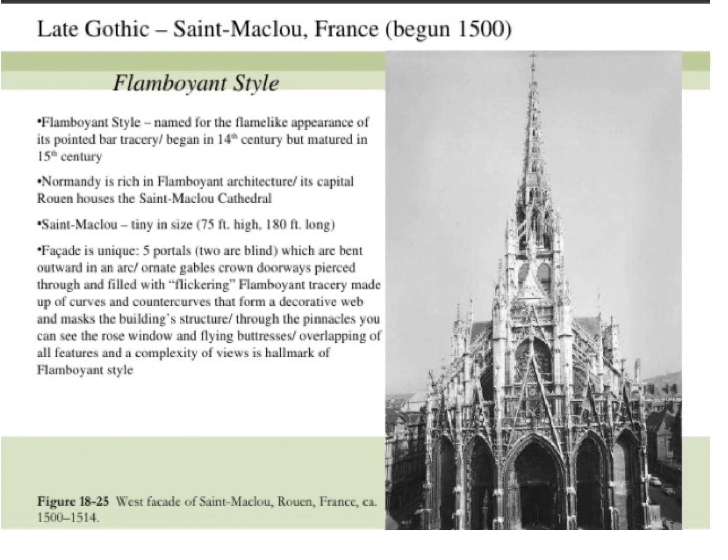All right, we are finally at the late Gothic. This is a church done in the late Gothic style from St. Maclou, France. It was begun in 1500, and so this is an important point. By 1500, Michelangelo was creating art in Italy, meaning that in Italy they were going through the Renaissance. But in France, because they're part of Northern Europe, they were still hanging on to that late Gothic style. This late Gothic style is called flamboyant. It is called flamboyant because it looks like a flame.